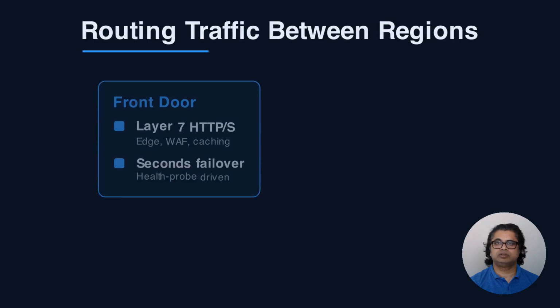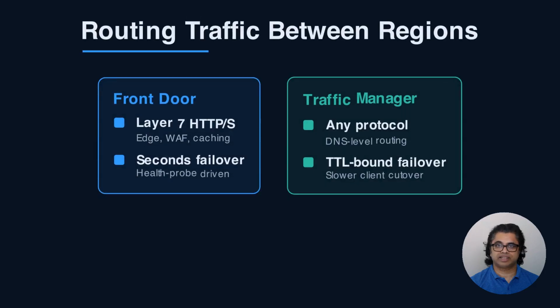To send users to a healthy region, you have two main front doors. Azure Front Door is a Layer 7 global load balancer with Anycast, TLS termination, and a built-in web application firewall. Use it for HTTP and HTTPS workloads that want fast failover and edge caching. Traffic Manager works at the DNS layer, so it routes any protocol, but failover is bounded by DNS time to live, often tens of seconds to minutes, while clients hold cached records. Rule of thumb, web traffic goes to Front Door, non-HTTP or whole stack routing goes to Traffic Manager, and some